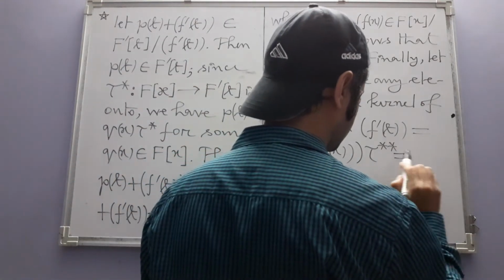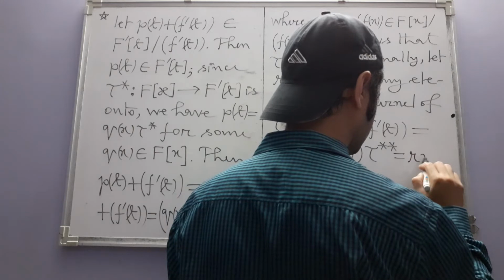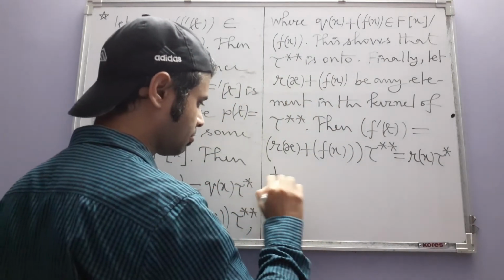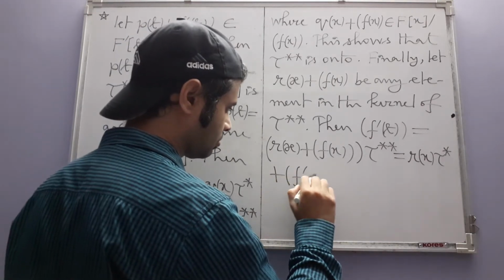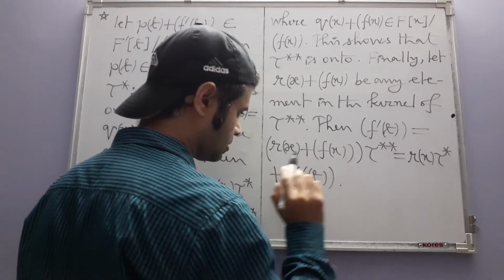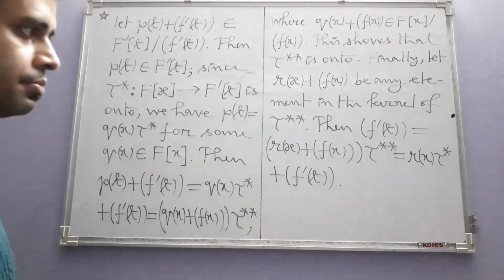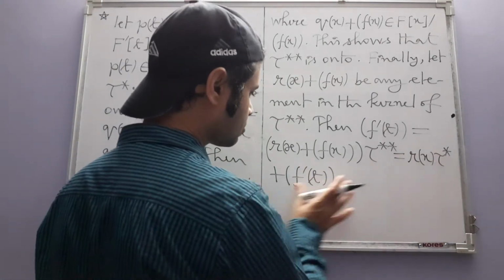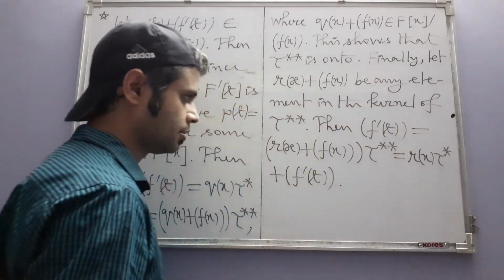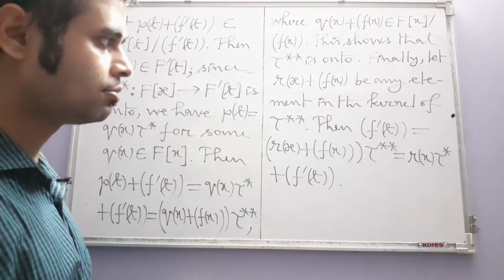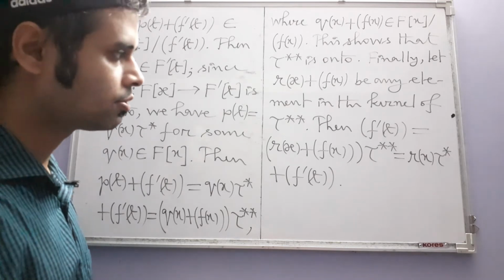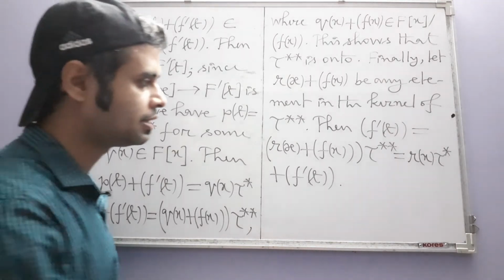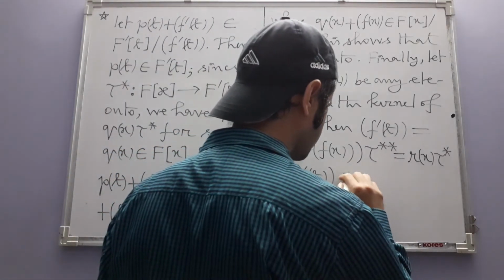And this is equal to, by the definition of tau double star, the tau star image of Rx plus this principal ideal. Okay, so that means what? This coset equals this coset. Now cosets are equivalence classes, so two cosets are either identical or disjoint, and from properties of cosets this implies